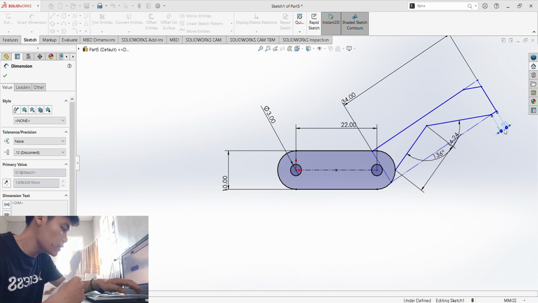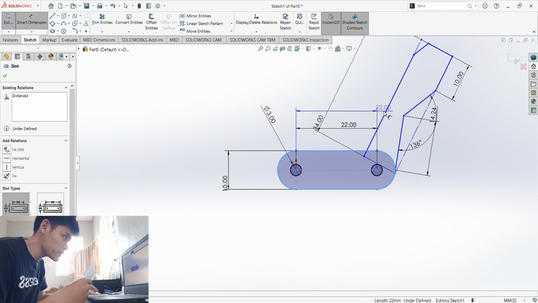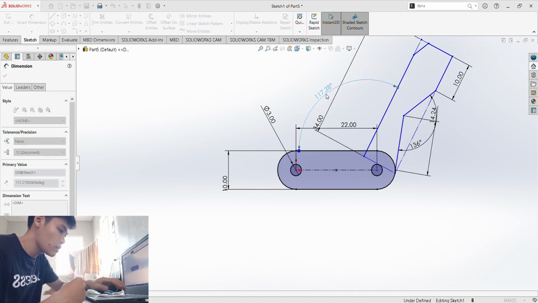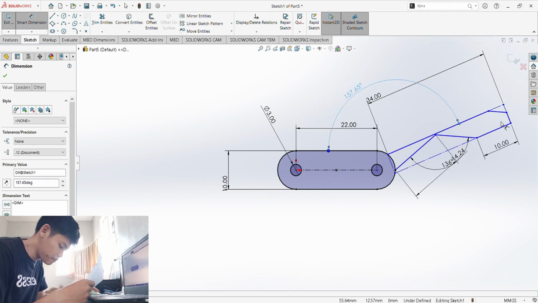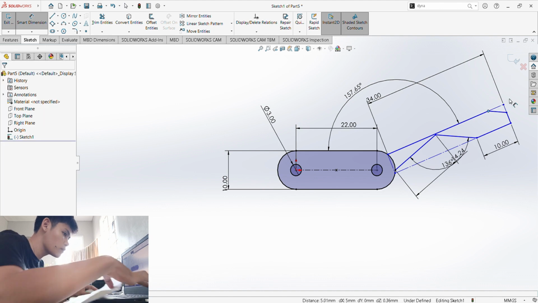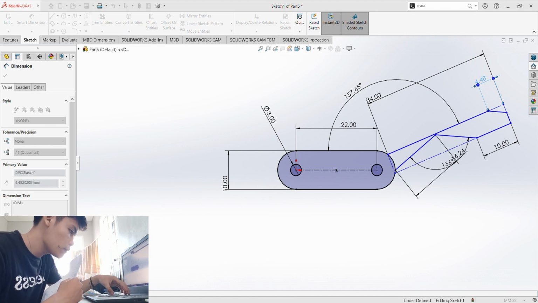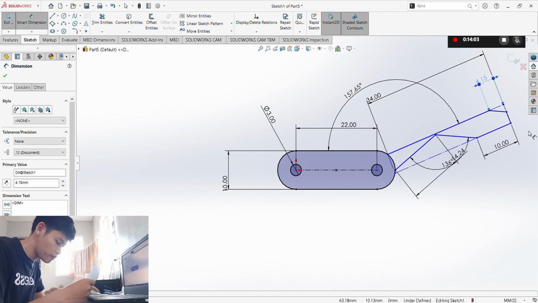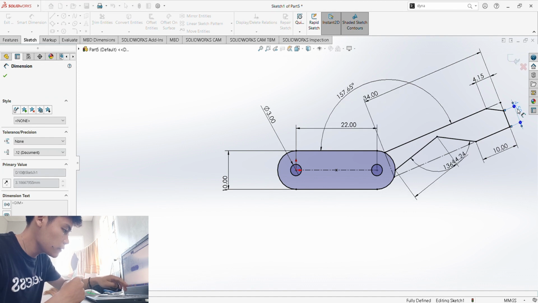This one should be 10. 157.65. 4.15. 4.50.